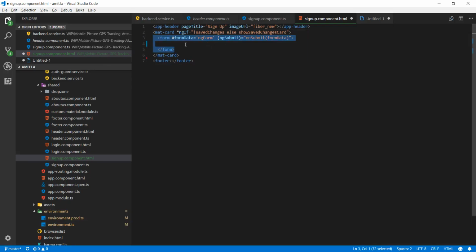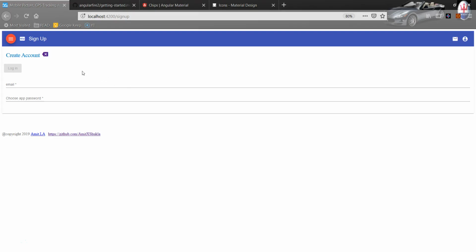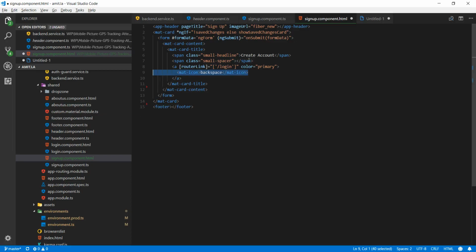So here, let's create that form again, like the login page. Very simple form here. Inside that form, I'm going to first put a title saying create account. And then I'm going to create a button, which again we talked about. This button will still give a last-minute option that, hey, if you already have an account, go back to the login page. In this button, as you can see, this is going to take the user to the login page. So here,